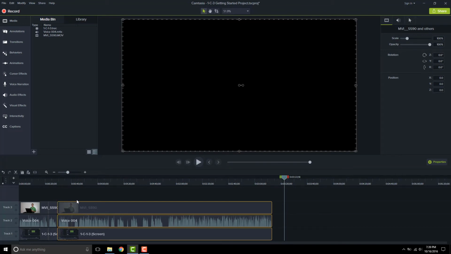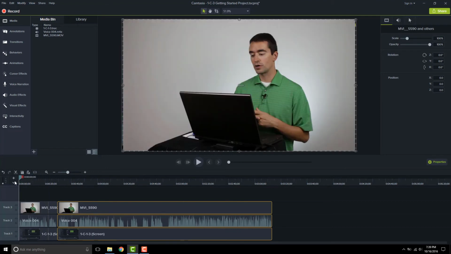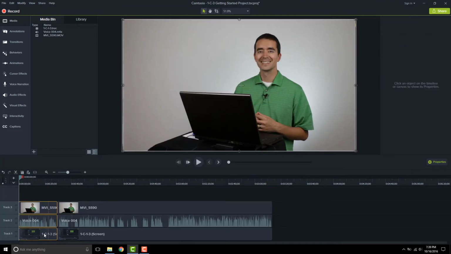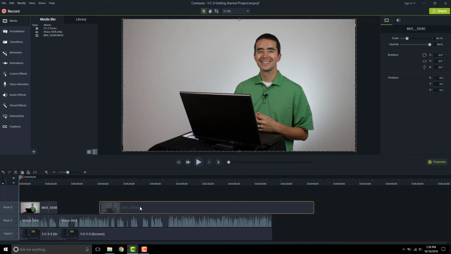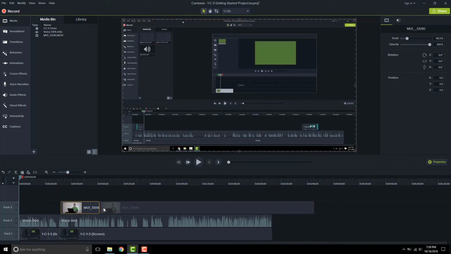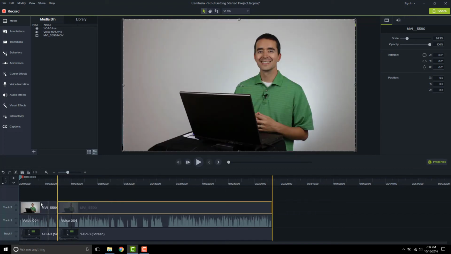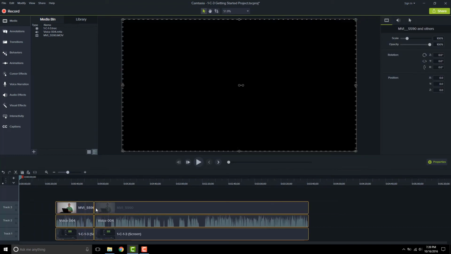And I can see that that yellow snap line appears to let me know that I'm right up against those previous clips. Now, if we're trying to navigate through our project, I'm going to grab these and try and move these to the right. I can't move them to the right. Why is that? Well, there's media there that's blocking me. I can grab this guy and move him, and then I can come back and move him if I need to, right? Now, I could also just grab all 6 of these and move them if I need to.